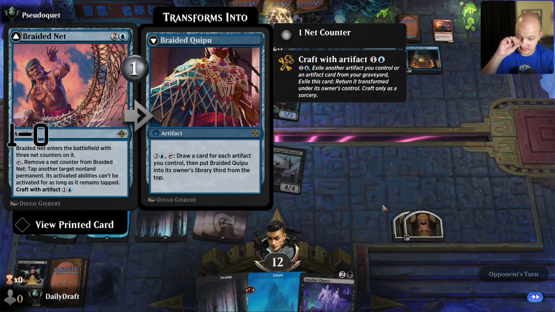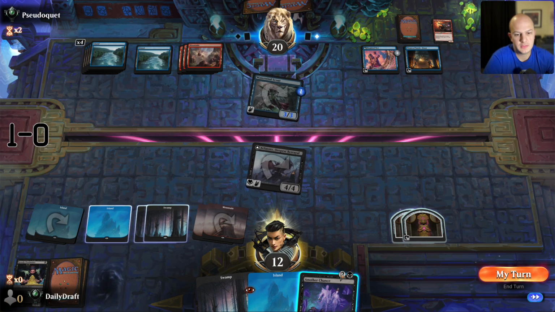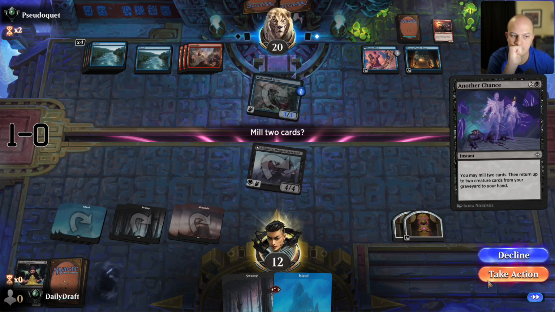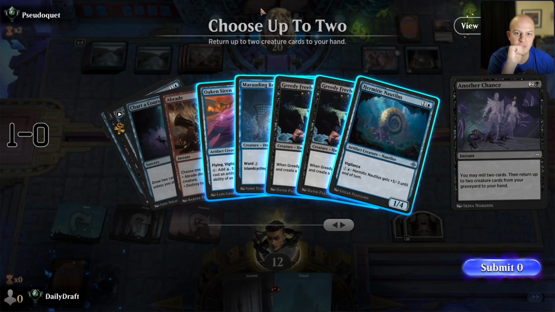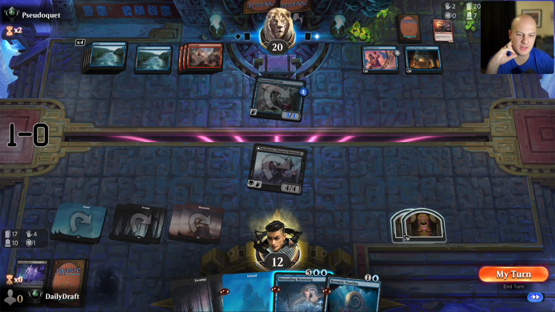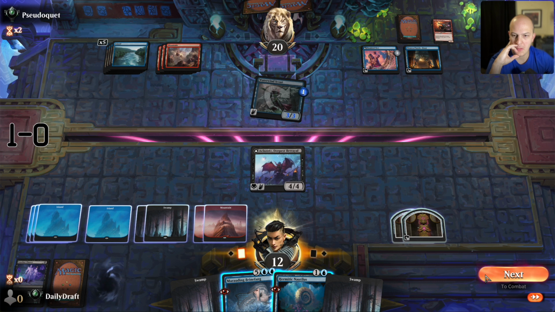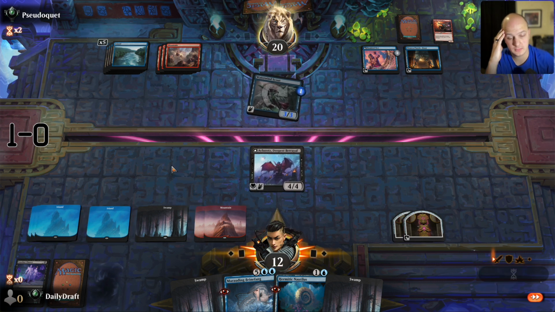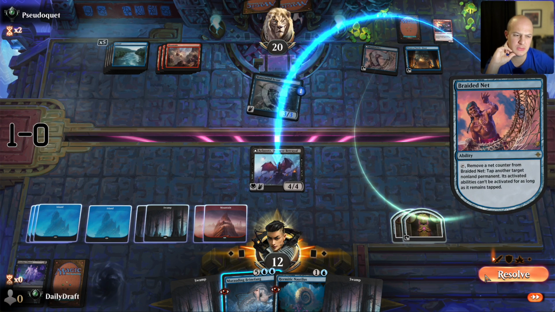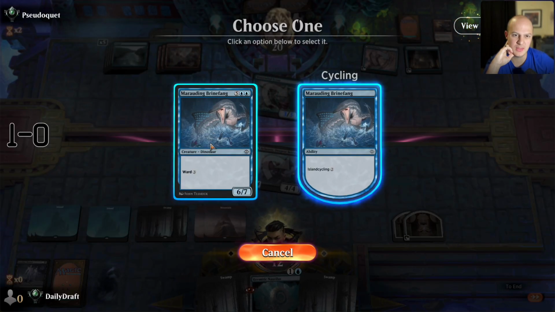This Braided Net has made this game a lot more difficult than it needs to be. Okay, so we get back Brine Fang and I suppose just the Nautilus here. We did get rid of a braid, which is kind of annoying, but not much we could do about that. Let's have them tap down Aclazotz here. Hope they aren't holding up a counterspell, but I can't not play this, so...